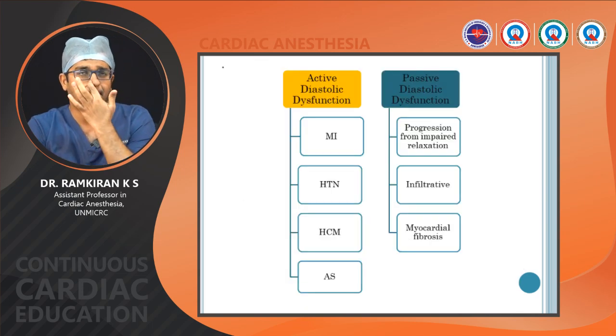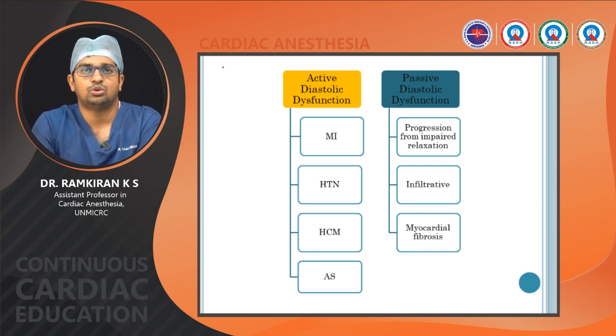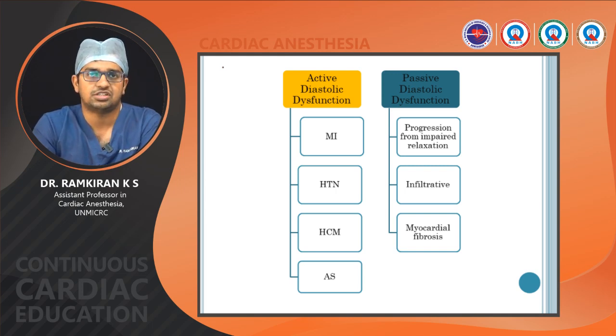So what are the broad causes? Active diastolic dysfunction can be due to MI, hypertension, HOCM, or aortic stenosis. Passive diastolic dysfunction can be a progression from this impaired relaxation, that is the active part, and then it can be due to some kind of infiltrative causes and some